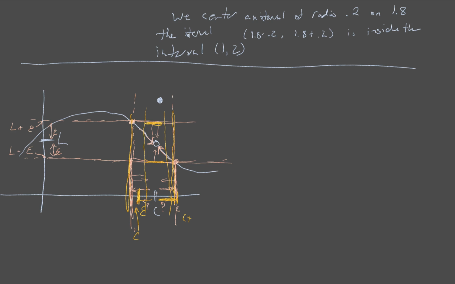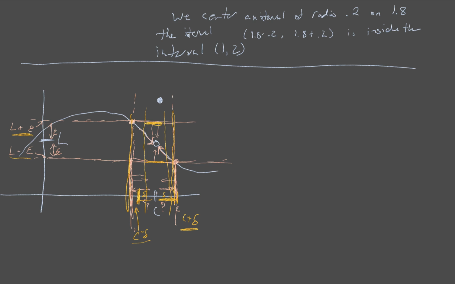And I missed one more. There's an epsilon, that should be a delta. We're going to put these to be the deltas, C minus delta. So this distance is delta, this distance is delta. And as long as we're delta close to C, we will be epsilon close to L. That's the goal. We need to figure out how small delta will have to be so that